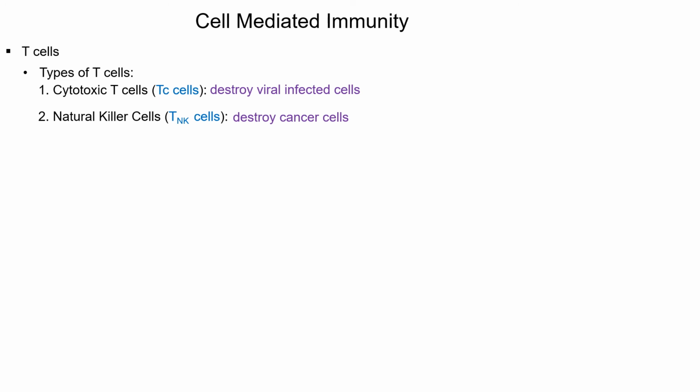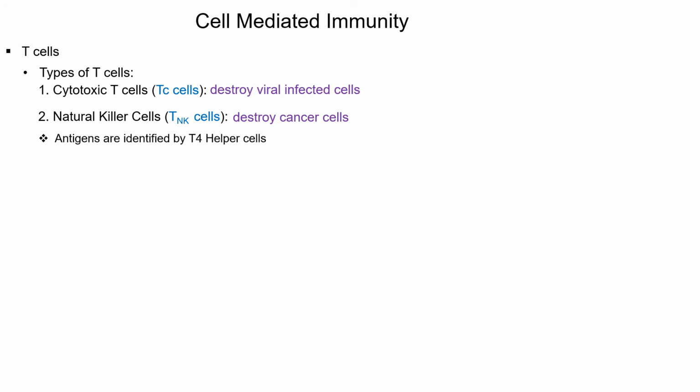Now that seems kind of bizarre. They're going to destroy the cells, but they don't know how to identify them. They are just like the macrophages. They are stupid in that way, and we want to keep them stupid so they don't destroy healthy cells. So once again, we're going to see that these cells, in order to identify what's foreign, need some help.